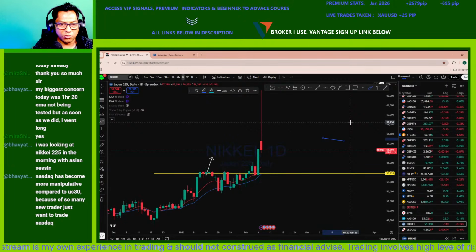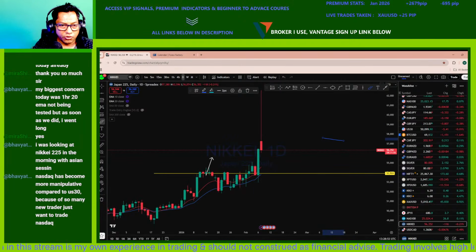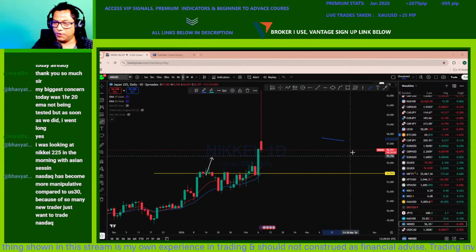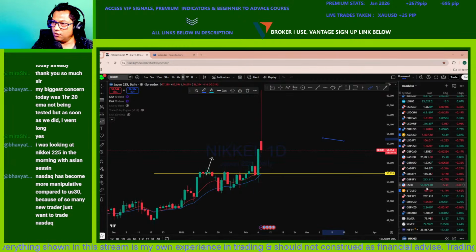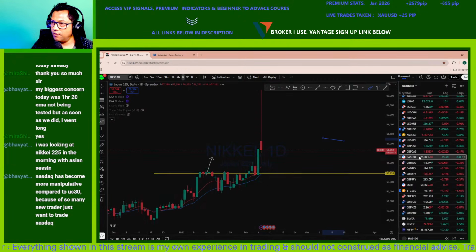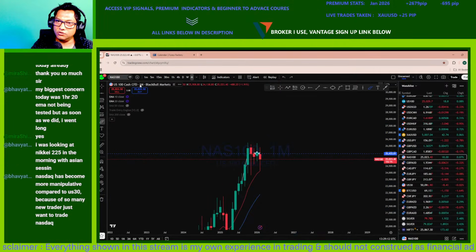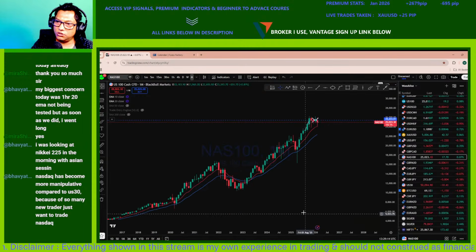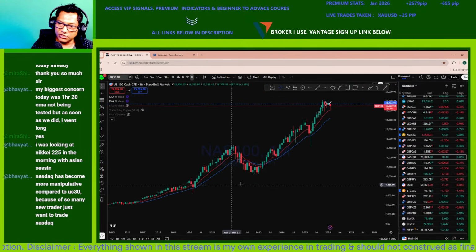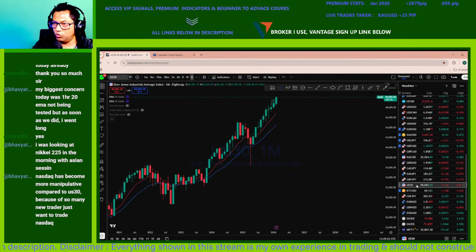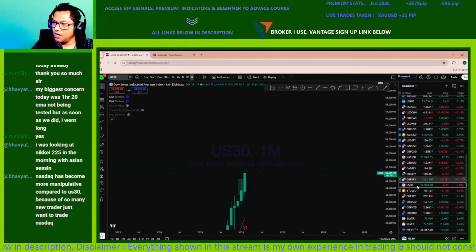Nasdaq has become more manipulative compared to US30 because so many new traders just want to trade Nasdaq. Okay. Yeah, there are some factors that contribute, but before, if you look at the monthly, you'll see that, right? Go back a few months earlier, you'll see that they almost printed a similar kind of price action, and then there have been some changes at the moment, but they almost still follow each other. And